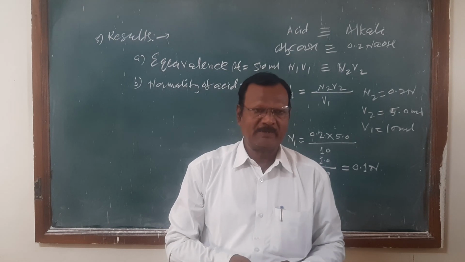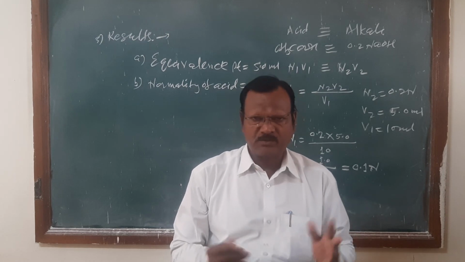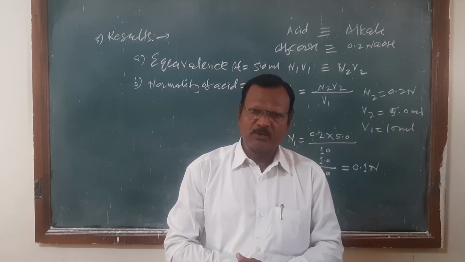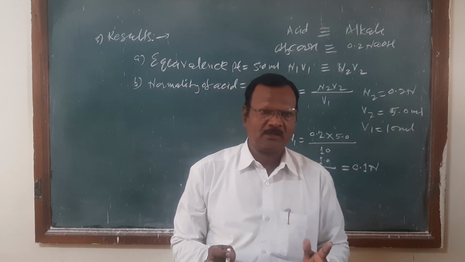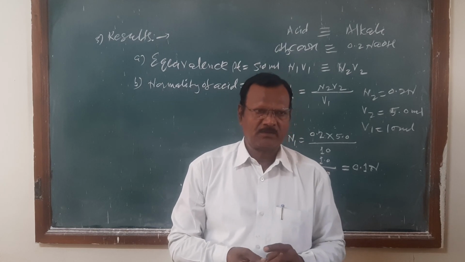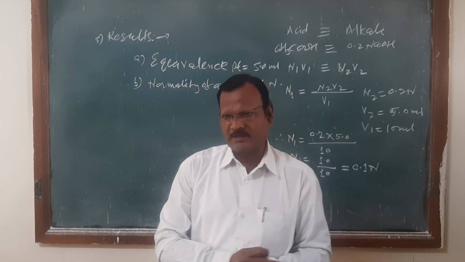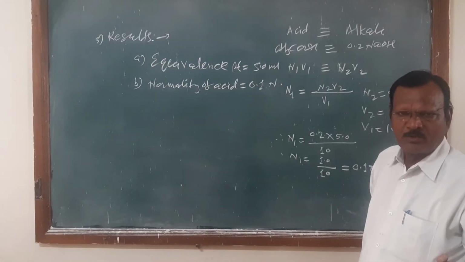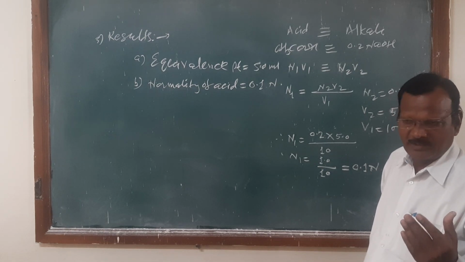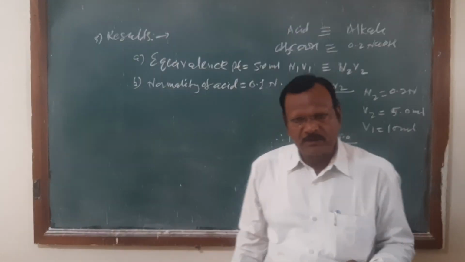The aim of that experiment is the titration of a weak acid with a strong alkali. We have to complete it. I wanted you all to be clear, students, and we have to take pages from the market and represent all the experiments which are conducted in our laboratory. I have given a demo to you, and we have to clarify clearly all those parts included in these experiments. Okay, thank you very much.